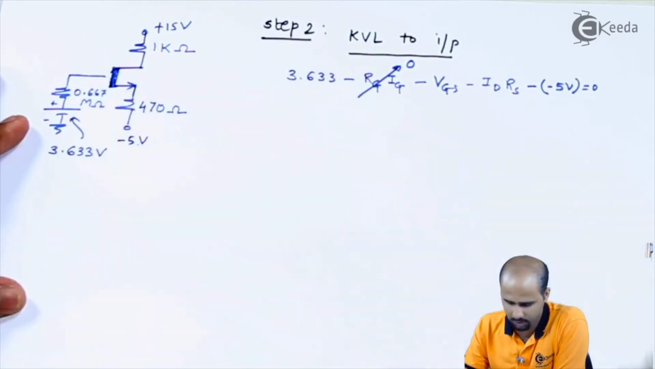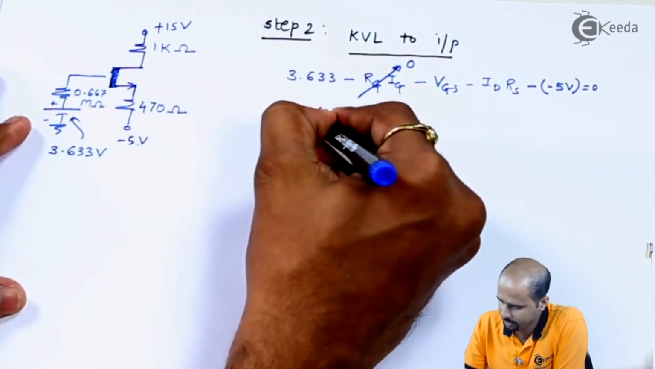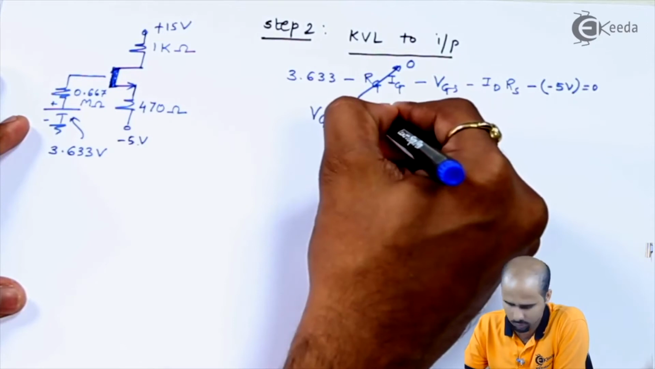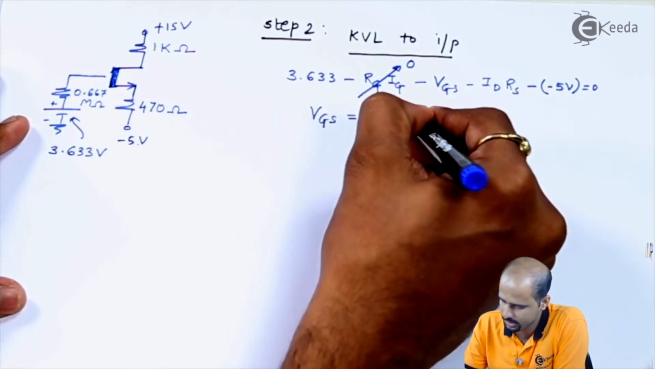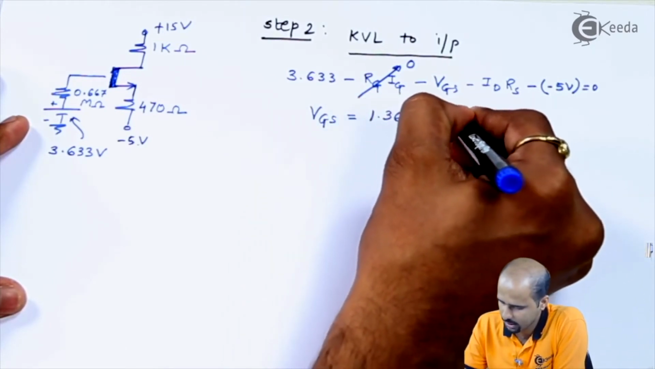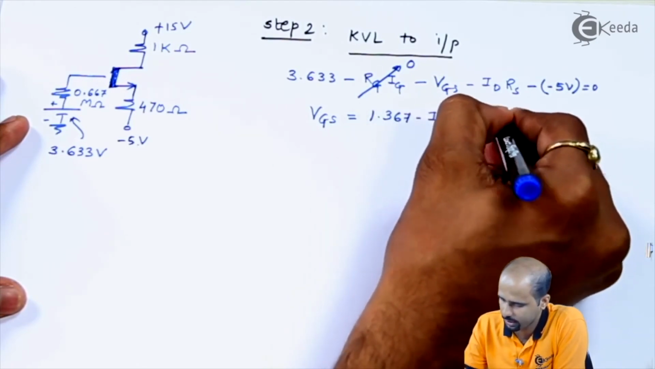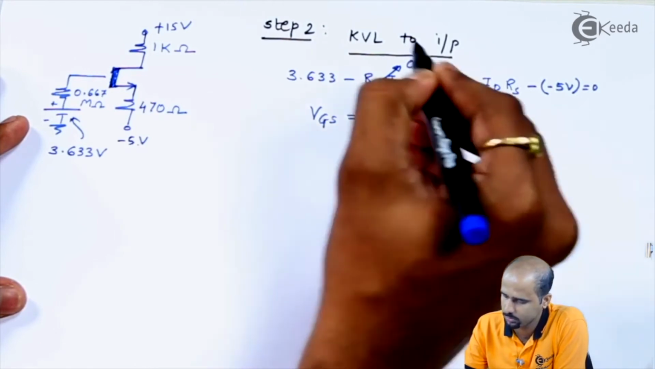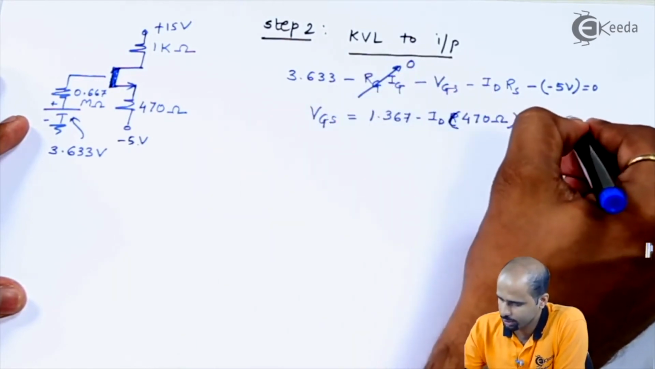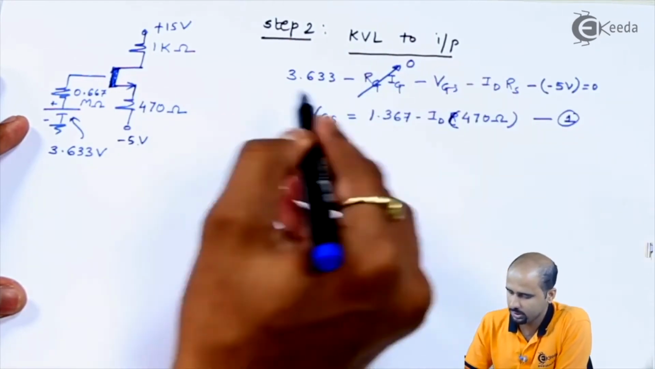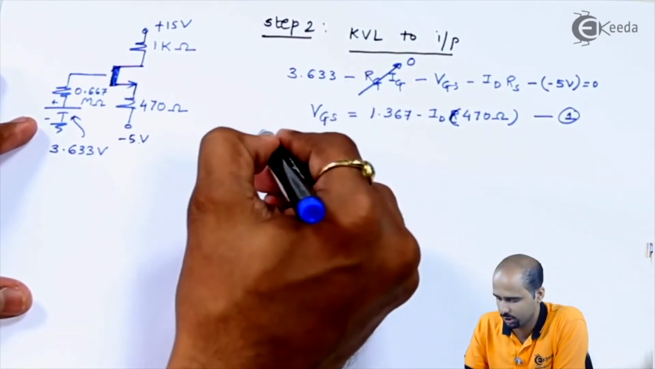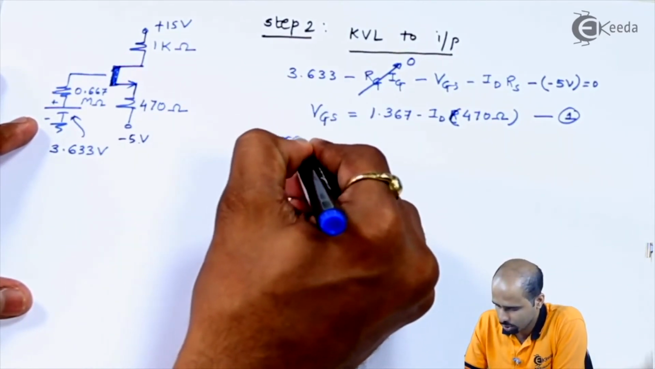So we will be getting here VGS is equal to 1.367 minus IDRS. RS is equal to, here I will write that value of RS, 470 ohm. Okay, so this is equation number 1 I will be getting. Then we will proceed further for the equation of the current, right? So current equation